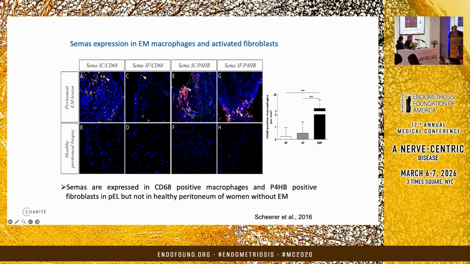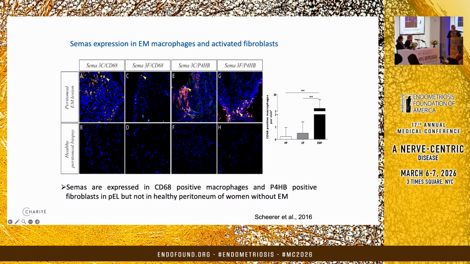We did double labeling. We learned from the literature they could be expressed by immune cells, so we did double labeling with CD68, which is a marker for macrophages. And another interesting cell population are activated fibroblasts. Maybe some of you know, activated fibroblasts are used now. There is an antibody now, and we can use it for labeling for PET CT to detect endometriosis.